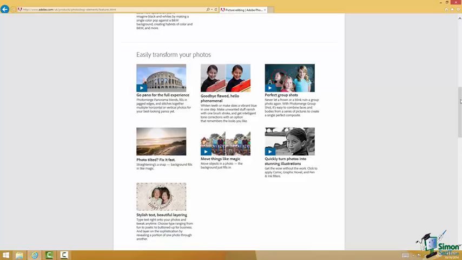Now I need to say right up front that I know many people that use recent versions of PSC that never use the organizer. They only use the editing side of PSC. Now I'll try to explain to you a little bit why that is later on, but in fact the organizer is one part of PSC that I'm going to cover in some detail early on,